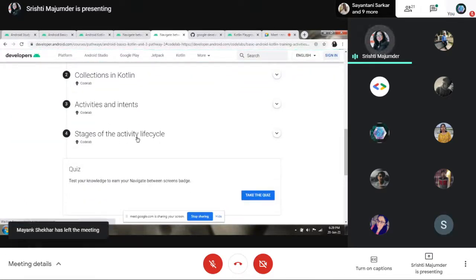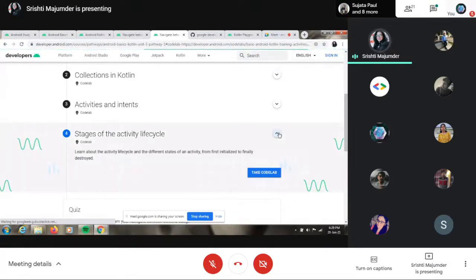Now we see that there is this whole part. This is the stages of an activity life cycle. This is a very theoretical part only. Let's see this.